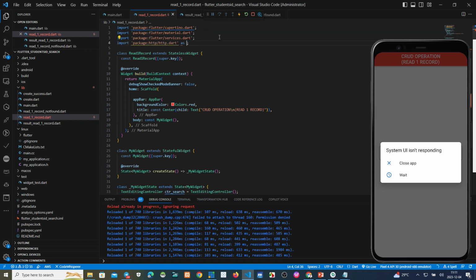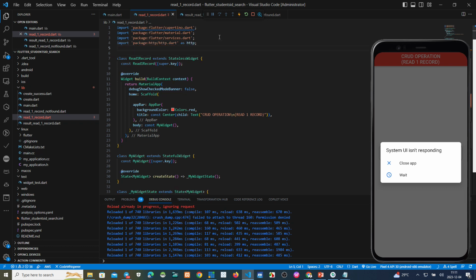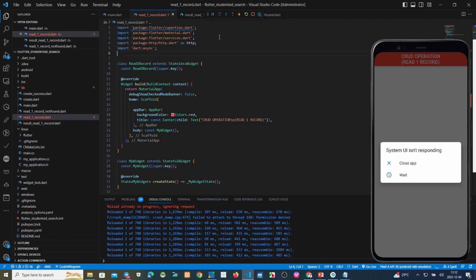It is HTTP. And also we must import async, and once again I import convert.